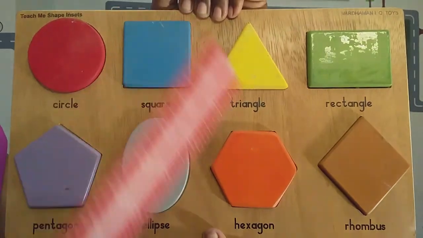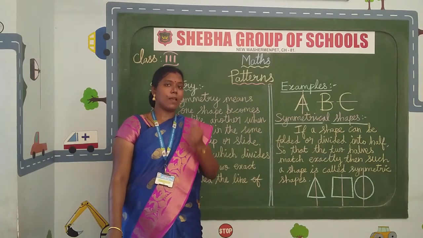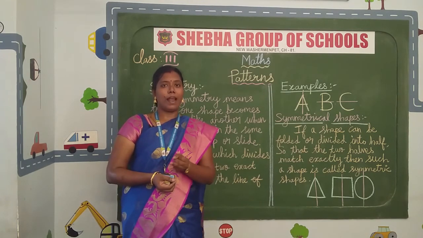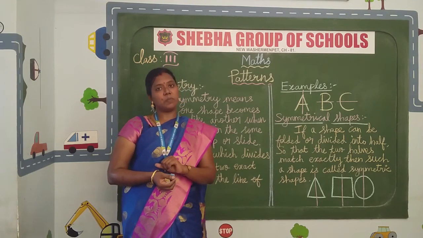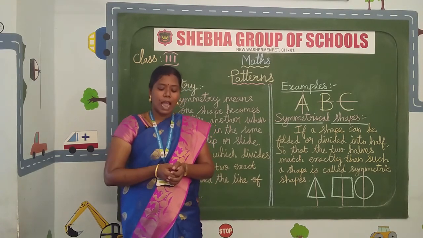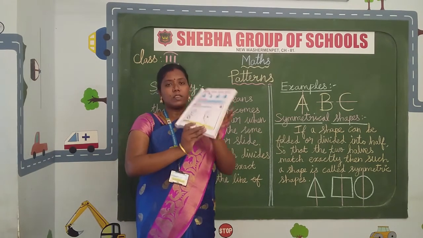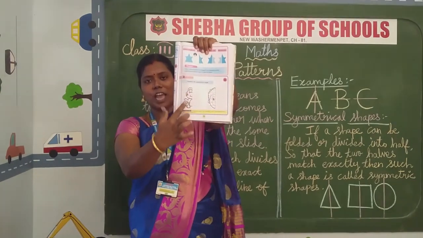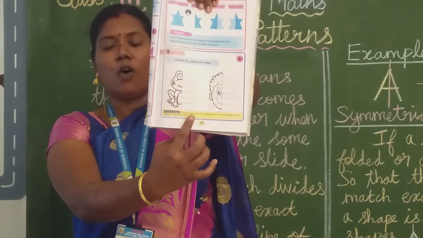Okay, are you clear, children? What are the topics you can see here, children? Patterns. What are the two types of patterns? Growing pattern and repeated pattern. How could you draw the patterns also? And then you have to see about symmetry. You can create your own pictures and draw some shapes here. And also on these pages, they give half of the figure, and you can draw the other half of the picture also. Okay, clear, children?